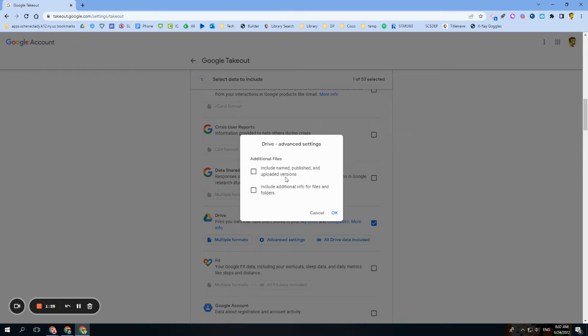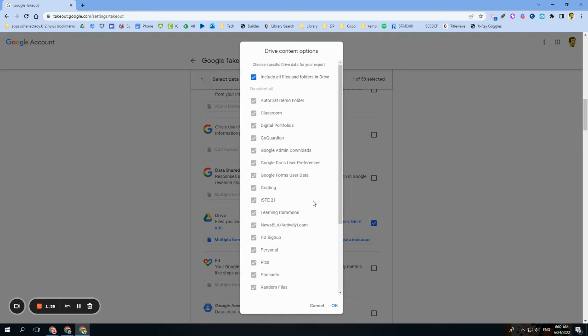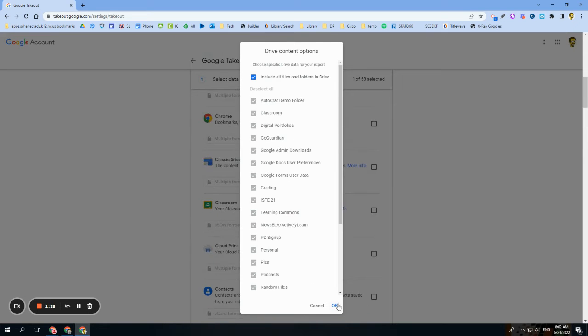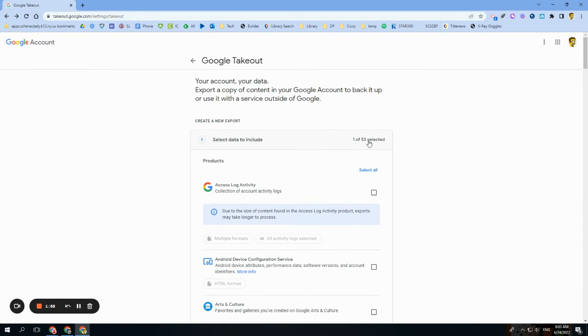If you want to, you can add different versions of it, things like that, if you want to break it down into files and folders. So I'm just going to leave this clicked. You can select if you want all of your data, or certain folders from it. It's pretty good. It's going to download everything the best way it can. So PDFs are going to stay as PDFs, and Google Doc files are going to get converted into Microsoft Word files. Once I have that selected, and you can see I have one up here,